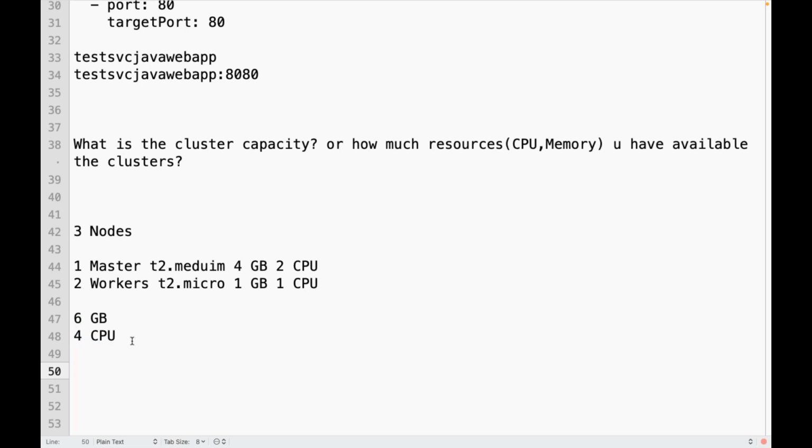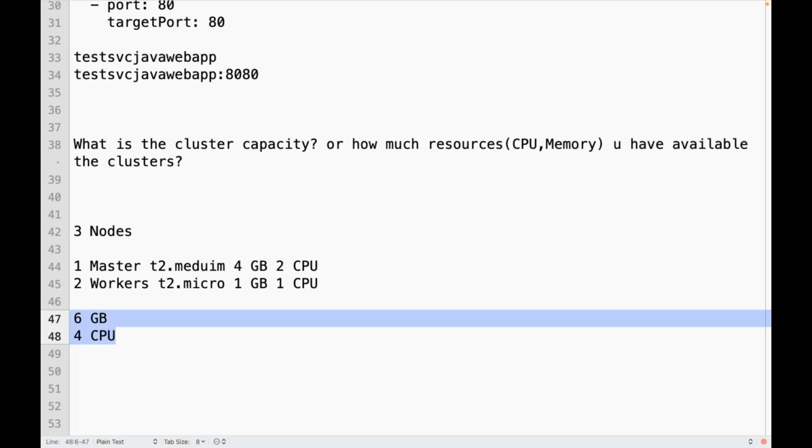Now, is this complete 6 GB available for you? No. Some CPU and memory is used by your operating system and container runtime. Containerd is taking some CPU and memory, your operating system is taking some, and there is system reserved. The system reserves some CPU and memory for the operating system and the container runtime. We have something available. If I keep deploying a lot of pods, will each container take some CPU and memory?